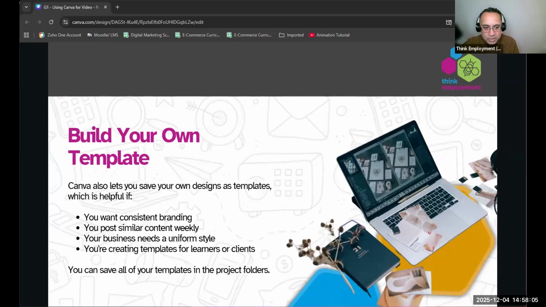how it should be. So, like I say, you can build your own templates. What that means is you create something yourself, you really like it, you want to use it again, you can just save it. Okay, so save it and then use it again and again. You can literally create a copy of any presentation, any video, by doing a right click on the platform. I'll show you that in a second. Okay, so